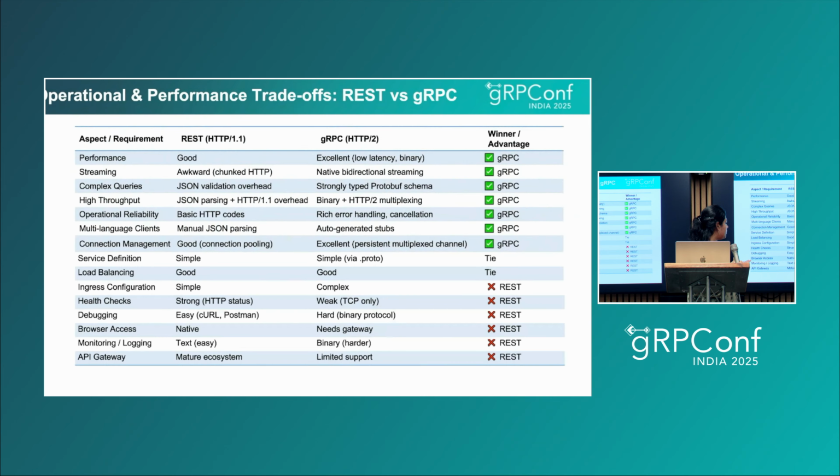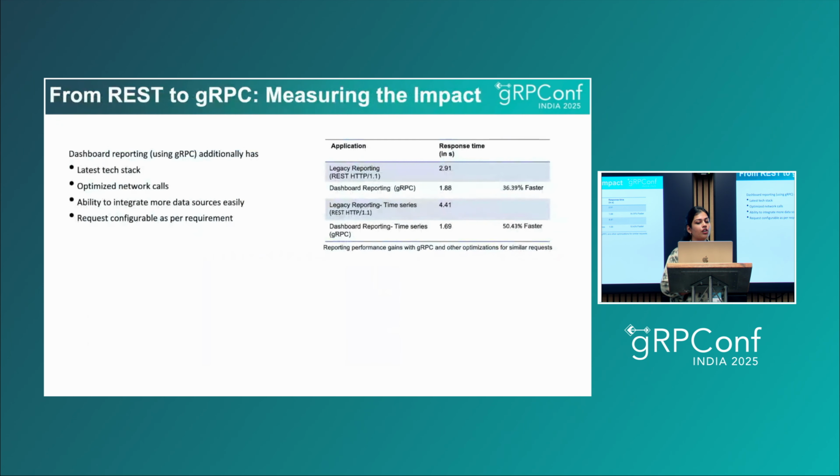For debugging, monitoring and logging, again, as we know, REST becomes much more easy as they are directly accessible and can be logged and debugged easily. Now coming to more quantitative analysis. So although both reporting applications in our system are deployed slightly differently, so these latencies cannot be compared directly, but we still try to come up with a scenario where they can perform in a similar manner with similar request formats. And we saw that a gRPC based service was doing much better